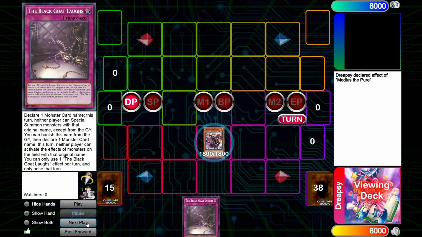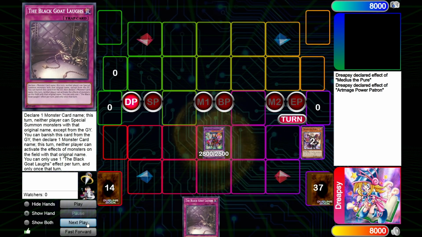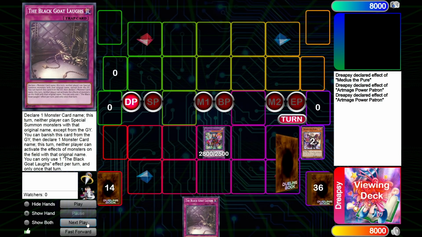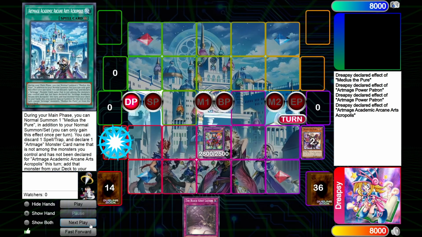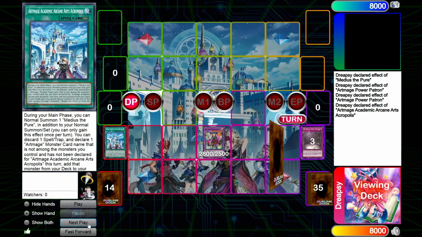So you're gonna normal summon Medius, that summons a patron from deck. You're gonna use a patron and you're gonna fuse into the Acropolis. And then because patron was sent to the graveyard, you can search for a spell, you're gonna search for Acropolis. And then you're gonna activate Acropolis, you're gonna pitch the one spell trap you have, and you're gonna search for